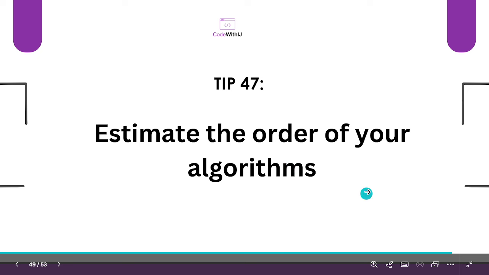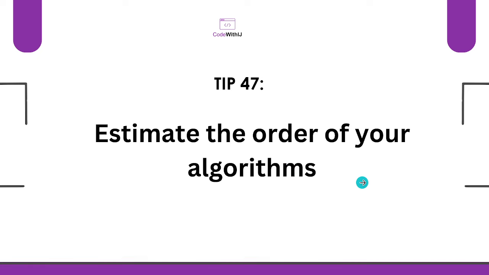So, estimate the order of your algorithm. When I saw this particular tip, even though I have read the book, I was still a bit conflicted about what it means. It says before optimizing your code, know roughly how fast or slow your code is likely to be. Most of us don't check the response time of the